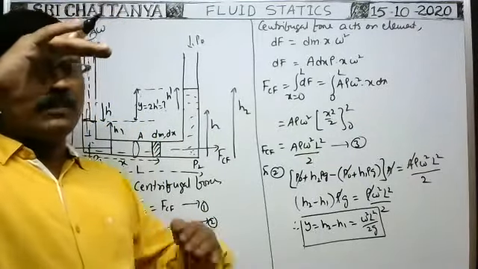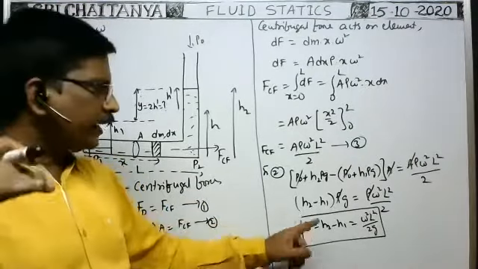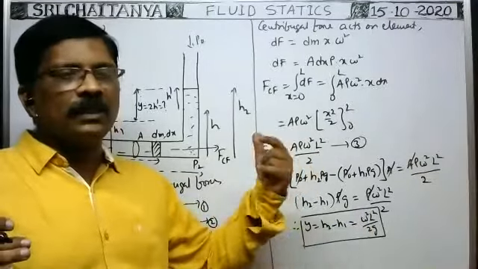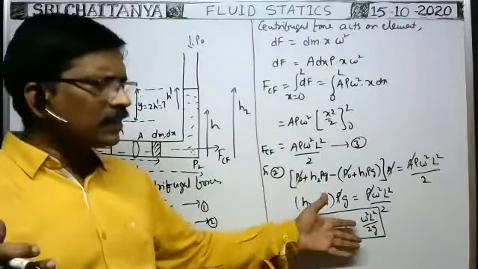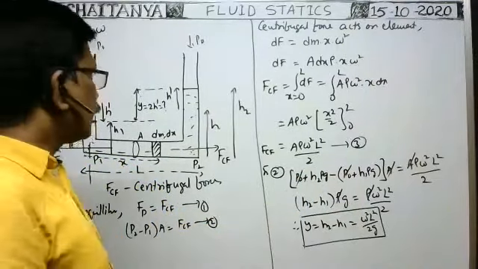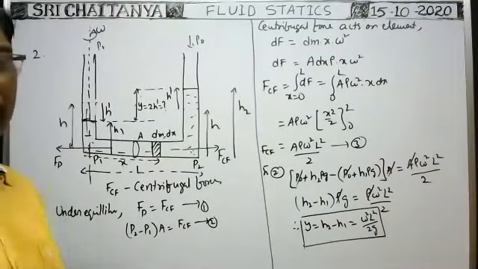Then what is the difference in heights of the liquid surface at the middle and at the edges? That H is equal to omega square R square by 2z, where R is the radius of the cylindrical vessel, we got. Here also, it is almost the same type of formula. So this is also one important concept application.